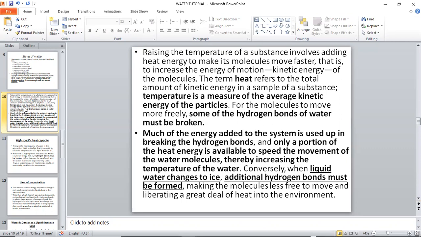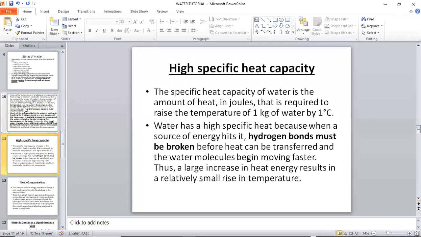Therefore, this leads to a property of water of high specific heat. So water has a high specific heat capacity. Specific heat capacity is simply the amount of heat measured in joules that is required to raise the temperature of 1 kg of water by 1 degree Celsius. So water has a high specific heat capacity,